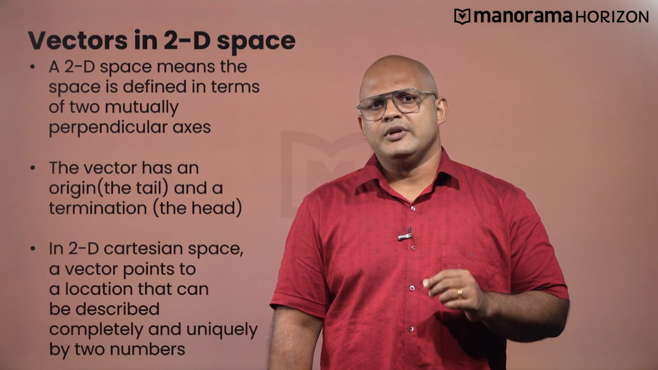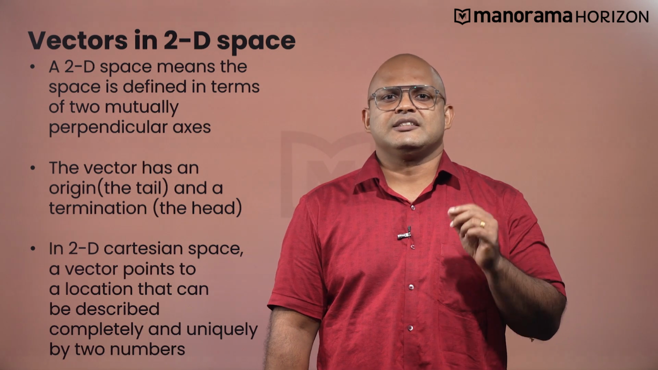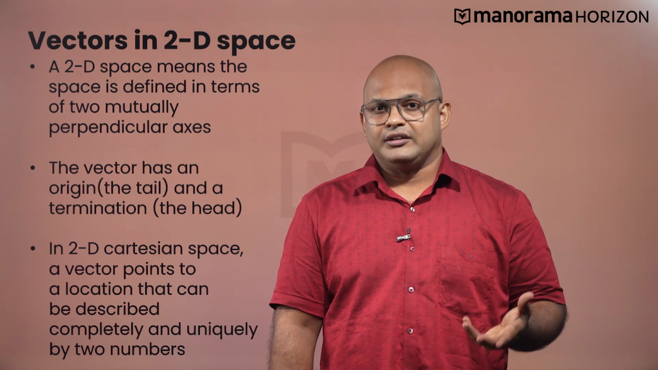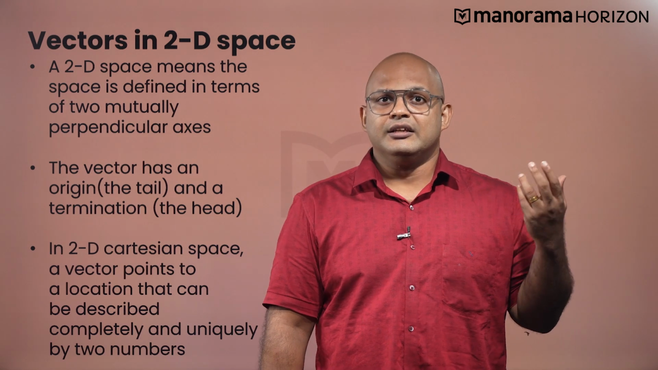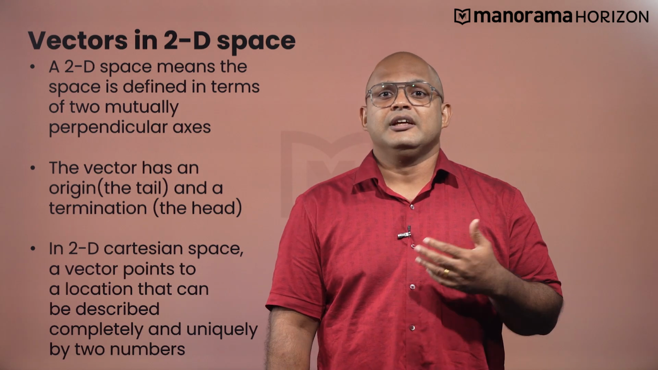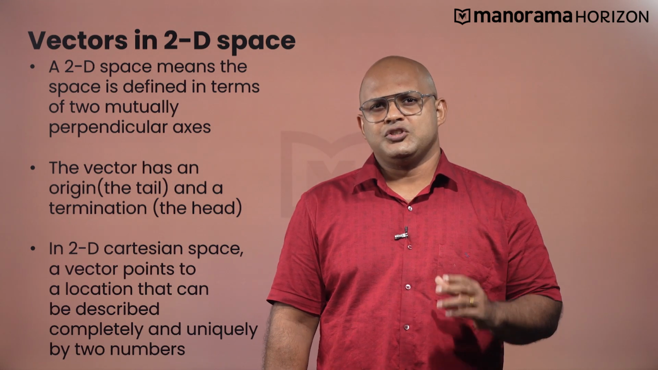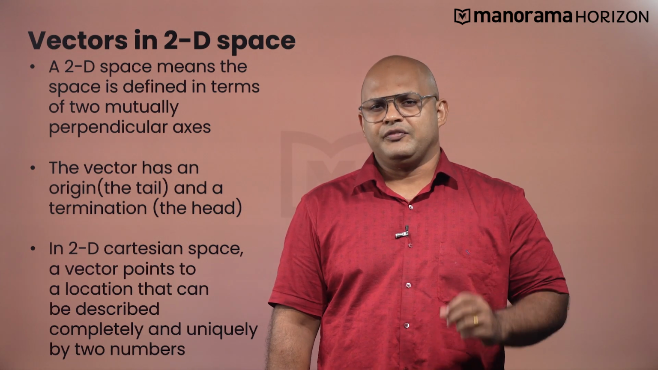Let's consider a 2D space. This is a space that is defined in terms of two orthogonal axes. The vector has a beginning, that is the tail, and a termination, that is the head. And in addition, in 2D space, a vector points to a point in that space that can be defined by